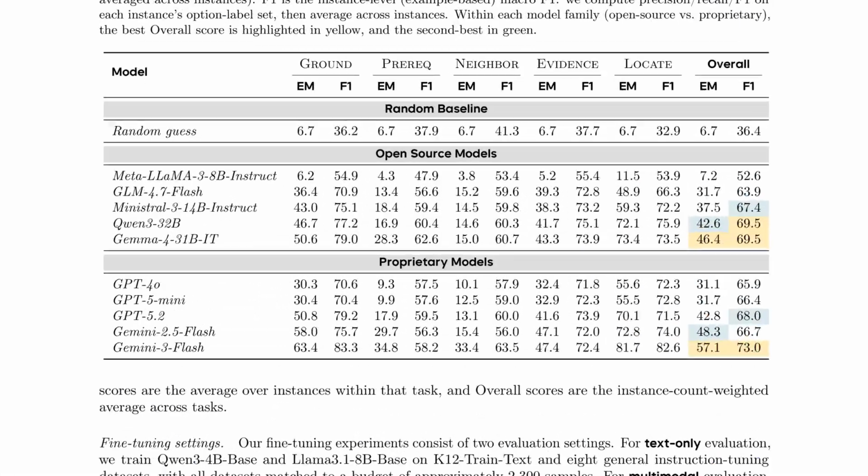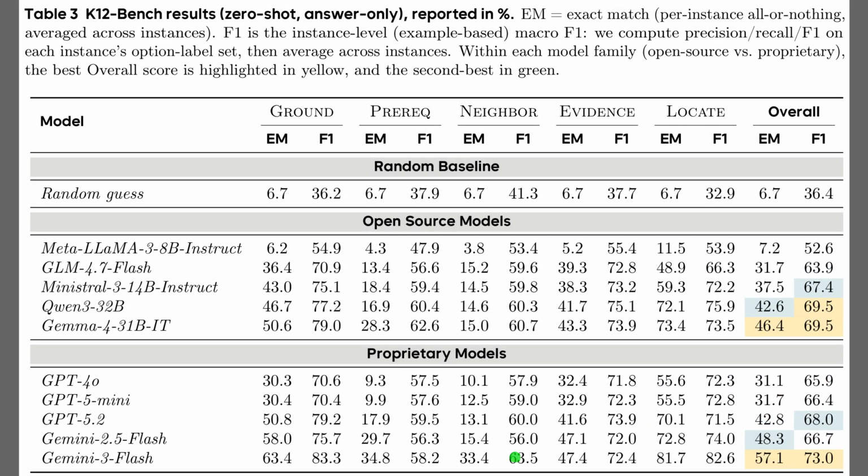Table 3 reports zero-shot performance on K12 bench, where exact match requires selecting all correct answer choices for a question. Gemini 3 Flash achieves the top overall performance with a 57% exact match score. Open source models perform noticeably lower, though Gemma leads its category. Prerequisite and neighbor reasoning tasks prove to be the most difficult, with scores dropping below 35% exact match across nearly